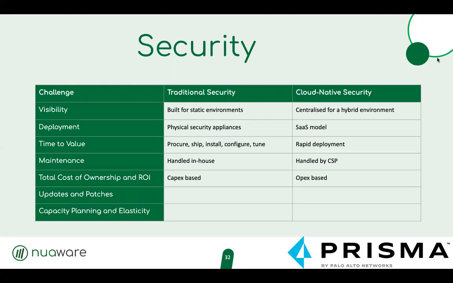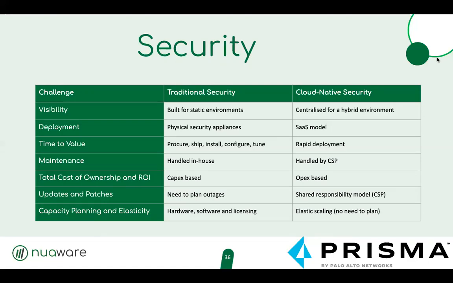Cloud-native security is OpEx-based, a subscription/consumption model, no lengthy contracts, easy to replace vendors, and payback typically seen within the first 6 to 9 months. And there's also no longer a need to update and patch your systems yourself, as your cloud vendor is obligated to do that through the shared responsibility model. And the challenge of capacity and elasticity is also resolved as a cloud-enabled elastic scaling takes care of seasonality and